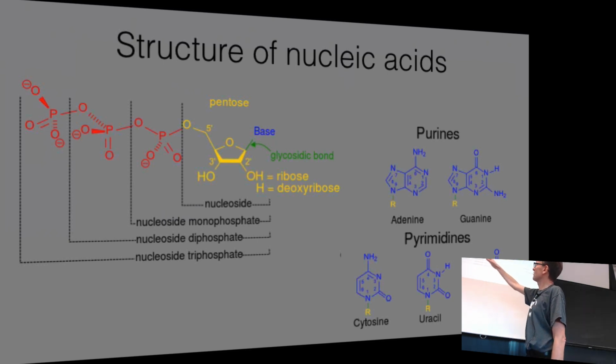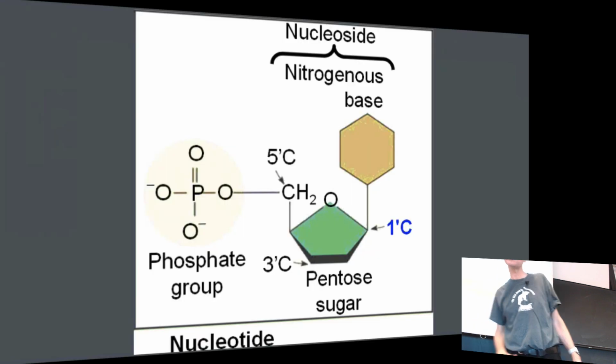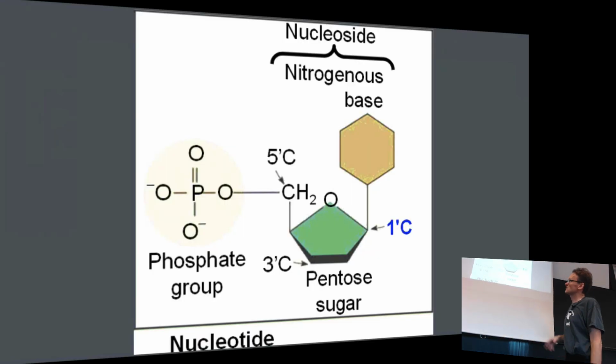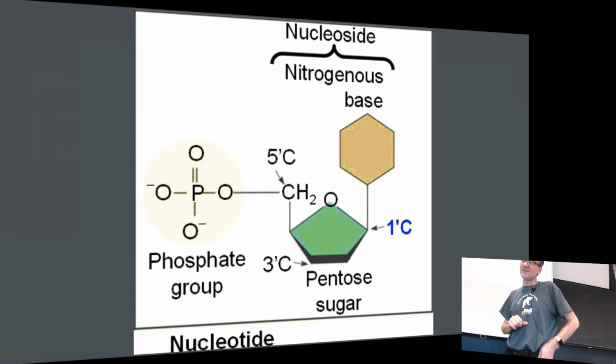And then you can have a number of phosphates there. You have the bases, which are the actual parts connecting to each other. Unfortunately, this was the only picture I printed in your handout notes, but I think this might be a better picture, and you can find these online. So the whole thing is called a nucleotide, and that consists of a phosphate, a sugar, and a base. The sugar and the base together are called the nucleoside, which is a nitrogenous base. This is a classical exam question: I will show you the molecule, and I will ask you to name what the different components are. These have been known for a long time, since the early 1900s.